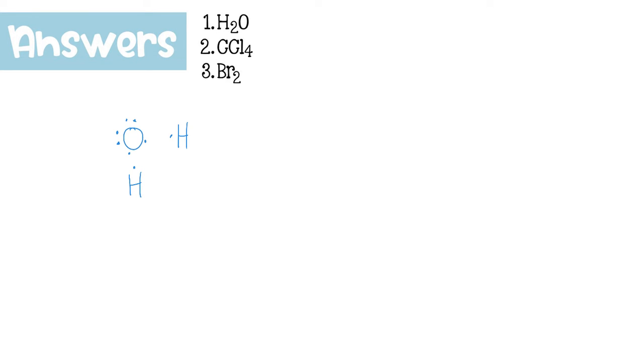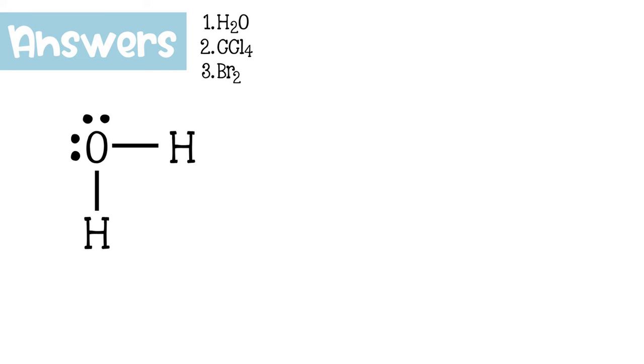It has 2 lone pairs that are going to stick around, and then it has 2 lone electrons. So when the lone electron from oxygen hooks up with a lone electron from hydrogen, they share them to make a bond, and the oxygen must do that with 2 different hydrogens,